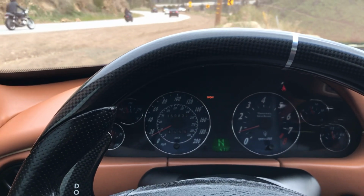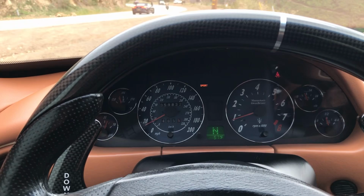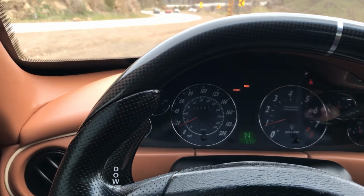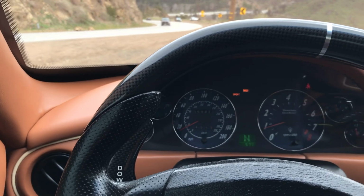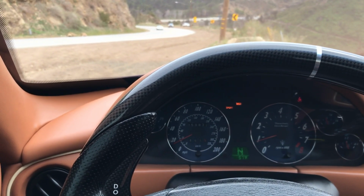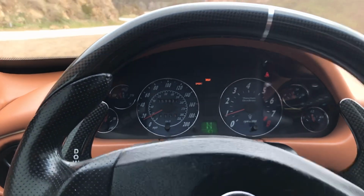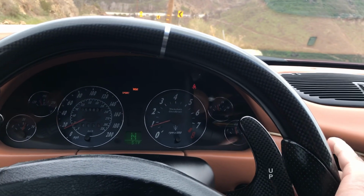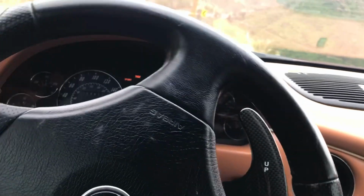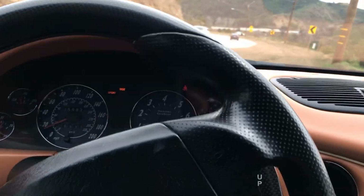As I mentioned in my previous video, I have to turn the Maserati stability program off if I'm doing a canyon run. It just holds too much. If I'm doing freeway driving and all that, it's good, but on a canyon, on a twisty road, it's good to have that off. Not that I'm gonna do any sliding or anything like that, but just in general, I like how,